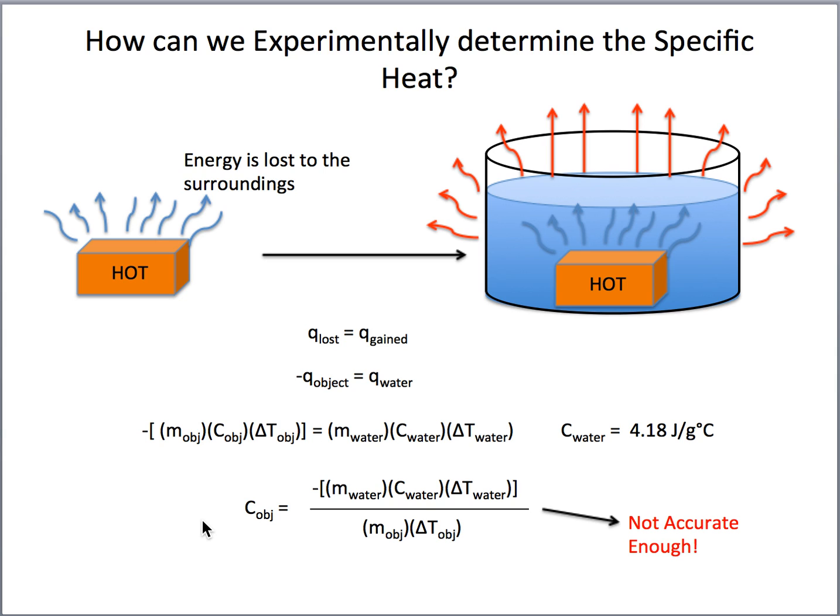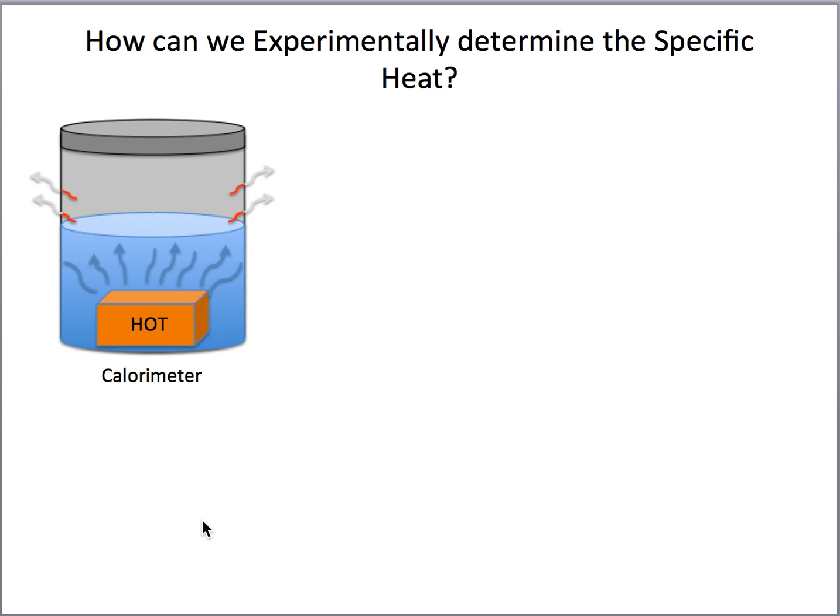We need a way to prevent the energy in the form of heat from escaping to the surroundings. We need to use something that insulates. So we'll be using what's called a calorimeter. A calorimeter insulates from the surroundings. It will prevent heat loss. It is not a perfect system. Of course, some heat still will be lost, but it's so minimal that we can negate it and still get accurate results. So we're going to put our hot object and our water in this calorimeter and prevent heat loss